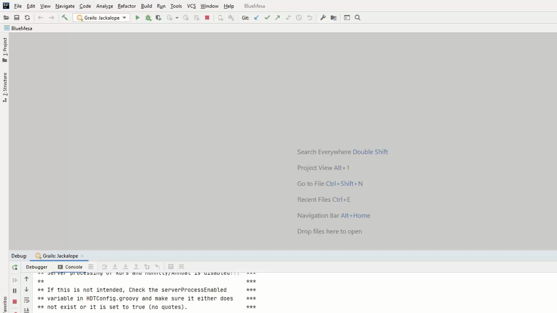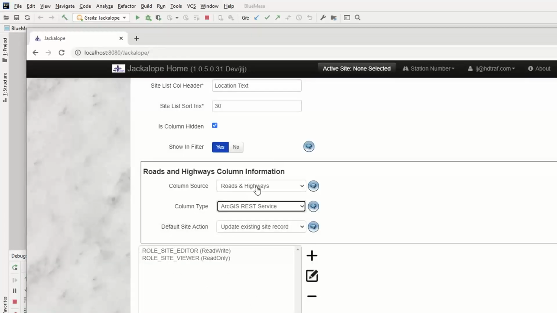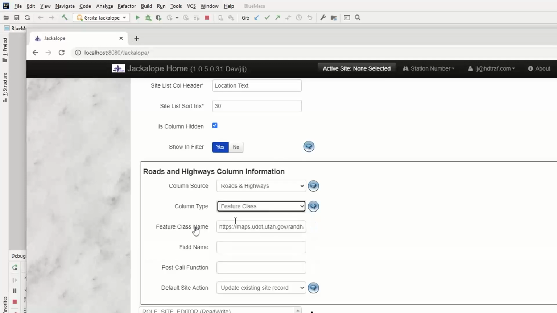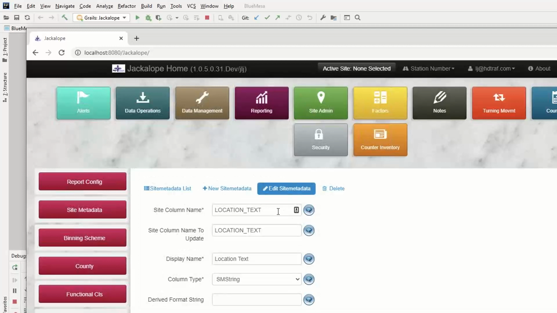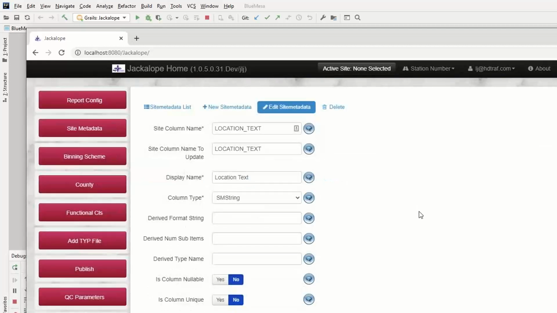So we are struggling right now to get the bare minimum as possible, just so that Jackalope can support this cipher, so that we can actually start performing these queries that we need to do. And once we've done that, you'll be able to see what I was talking about before, where you'll be able to query the layers, pick the layer, and pick the column. Okay. And then once you've done that to all of the columns that you're interested in allowing roads and highways to maintain,